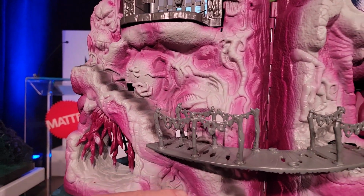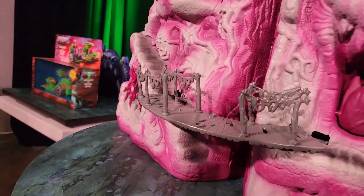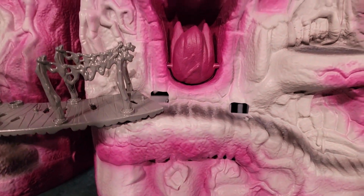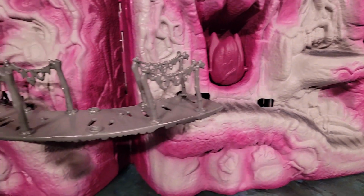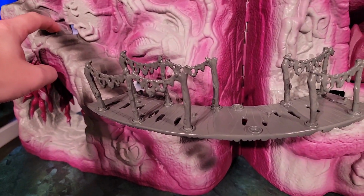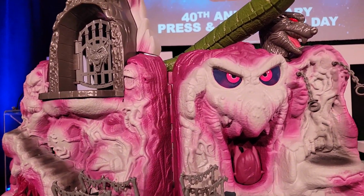Now, this playset is set to arrive next year, fall of 2023. This is a retail release, just like Castle Grayskull, so we should be able to hopefully walk into a store and buy it or pre-order it at our favorite online store. No pricing info yet, but that is probably just because we're still a whole year away, that they may not have that part finalized. So, with that being said, I'm going to go ahead and flip over to the footage